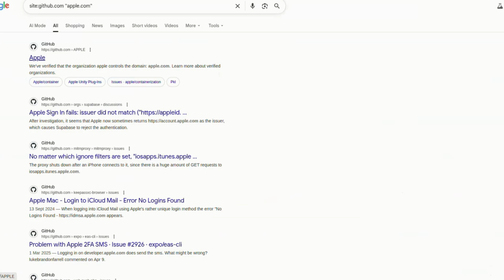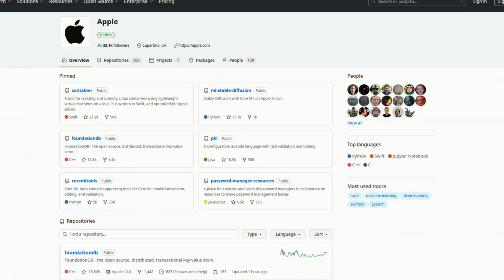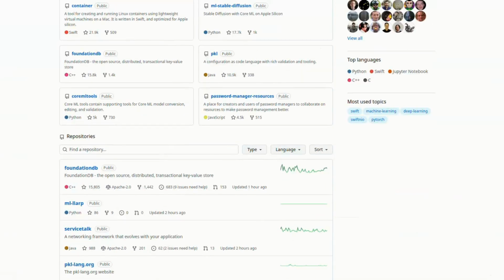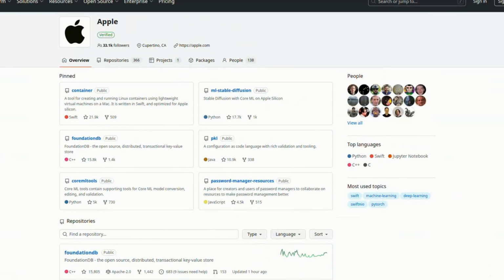Now you can see the number of repos this company has, the program you are hunting on, the common languages being used, and which users are linked to the organization. This will help you understand where to focus.